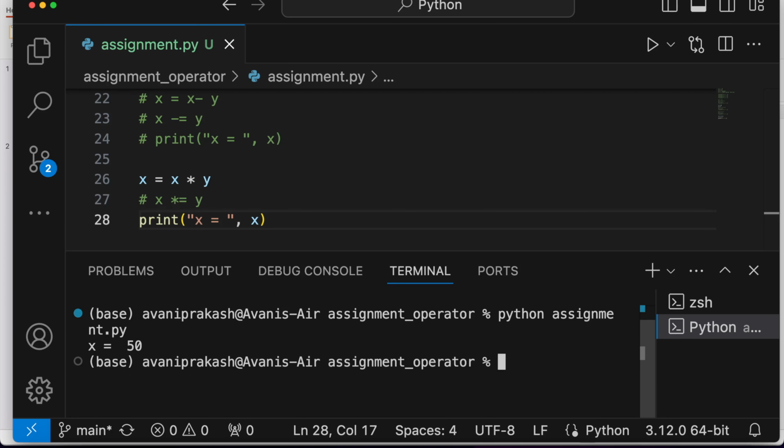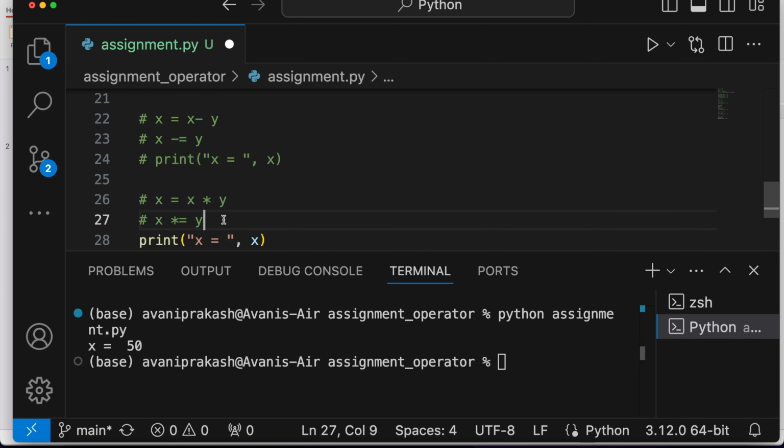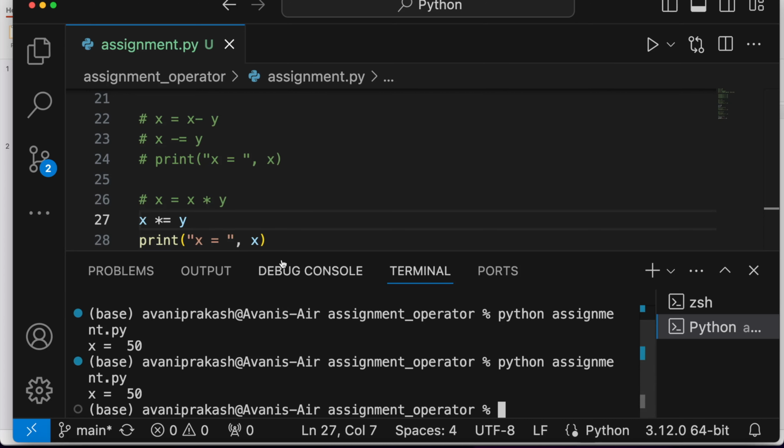Clear, run it here, 50, and if I uncomment it, again the output is going to be 50. What we are doing here in line number 27, we are multiplying what is on the right hand side, which is y, with the left hand side, which is x, and assigning the resulting value onto the left hand side, which is x. Let's make everything a comment,